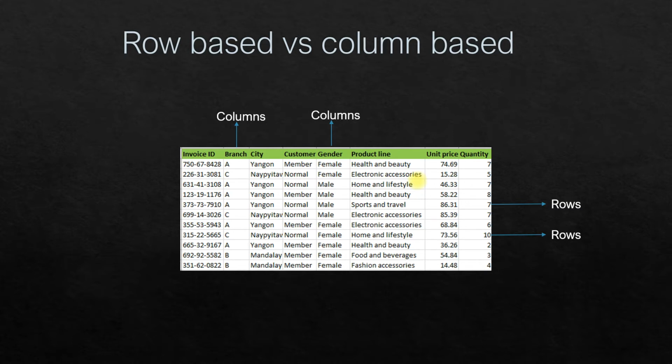Let's say I have a CSV file with 8 columns, as you see here. Now I want to read only 3 columns out of it, like the branch, city and gender, for example. In row based, as we just discussed, each row is stored as one file. So if you want to fetch 3 columns, it will fetch the records for all the columns, not just the 3 columns you're expecting. It will read the data from all the columns from the file system and load it into RAM, and then it will filter out the required columns you want.